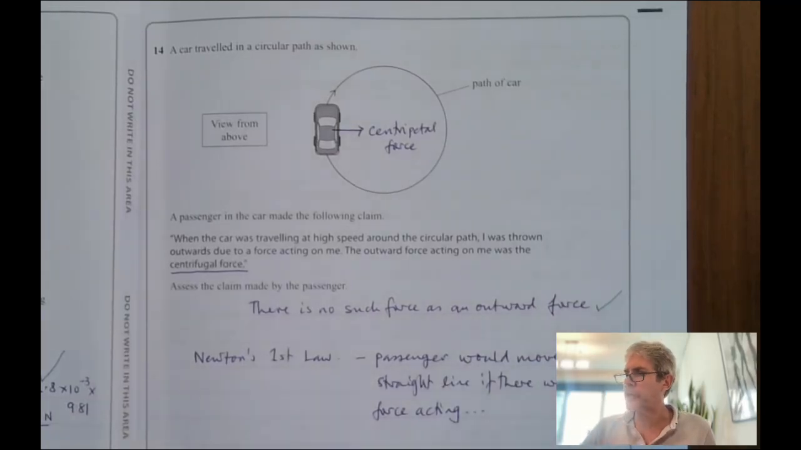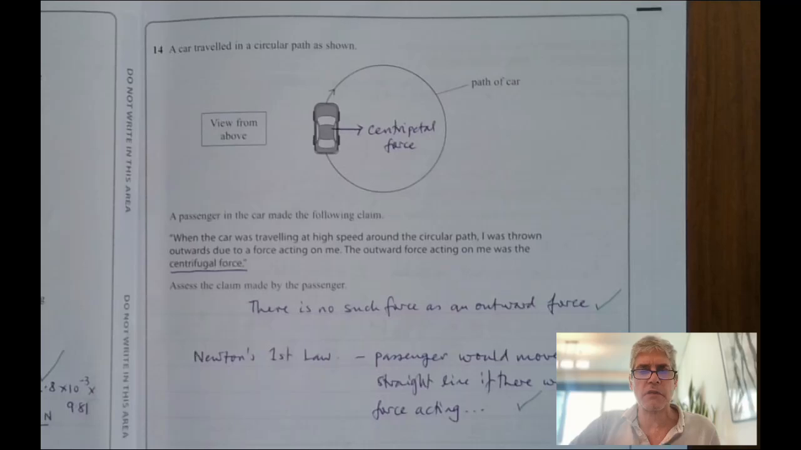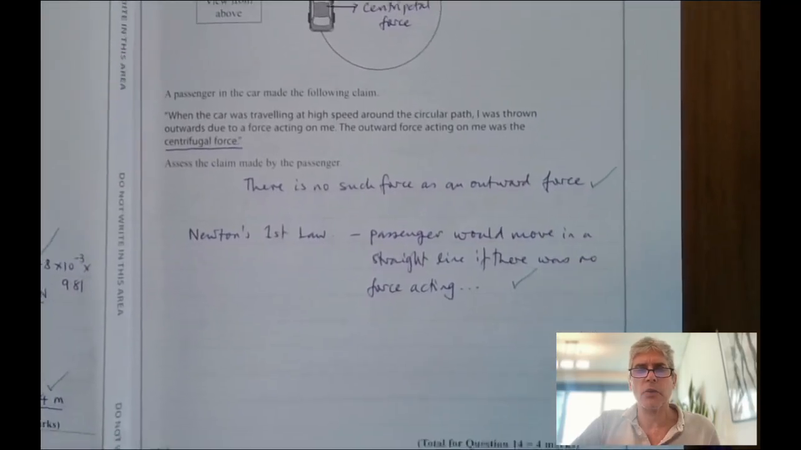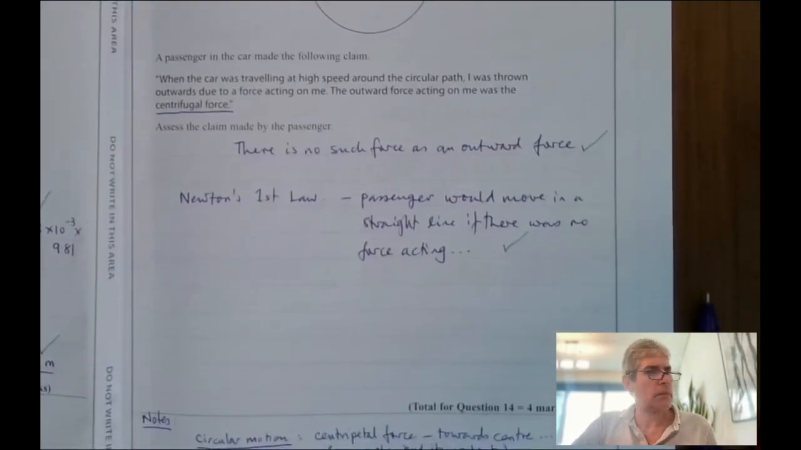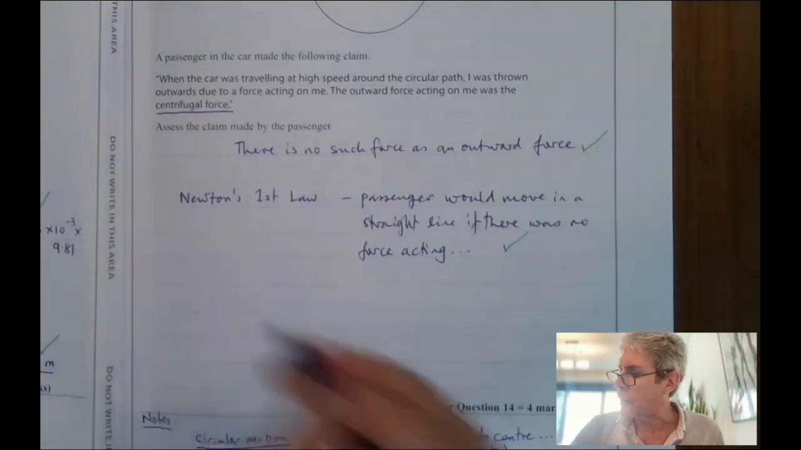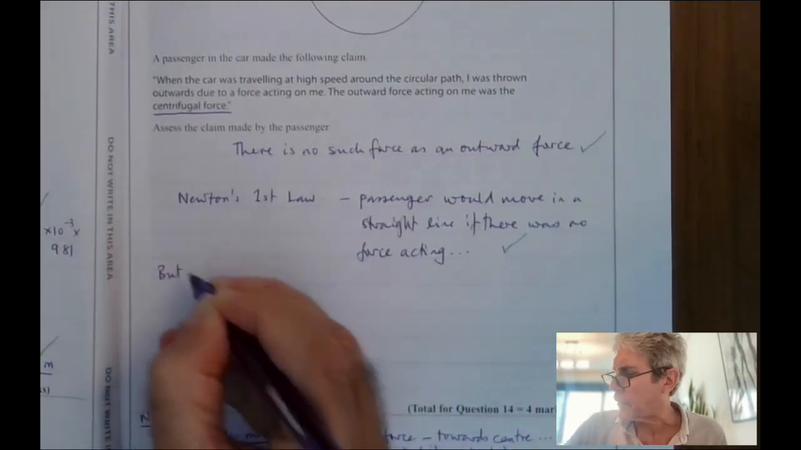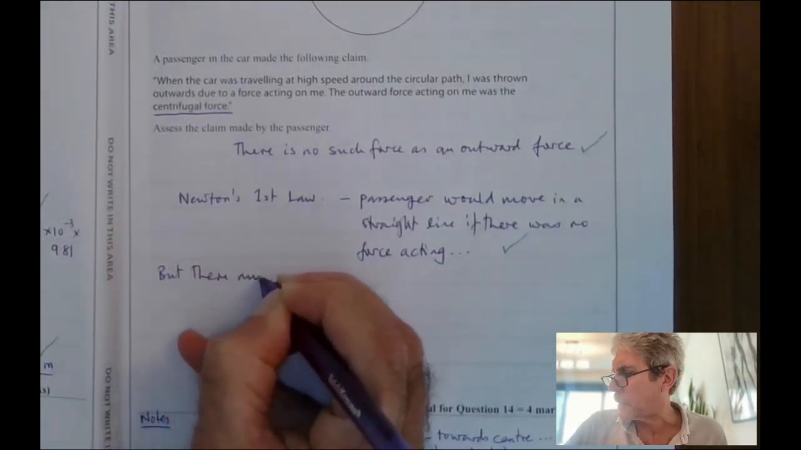Now, the way you word it is the quality of the written communication you're going to get. So as long as you've clearly shown the examiner that you understand that Newton's first law is involved in your answer, you will get the Newton's first law mark. Okay? So you need to make sure you do that. But then you say, well, there must be a force acting. So the next one, you must say, well, there must be a force acting on the passenger. So when you're driving the car, what actually happens? Yeah? So you then have got to say, but there must be